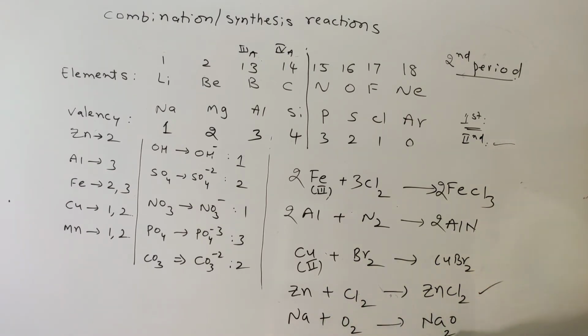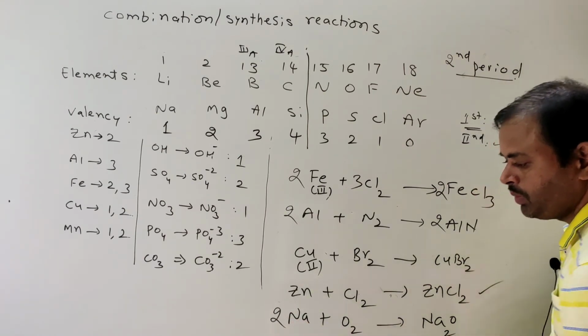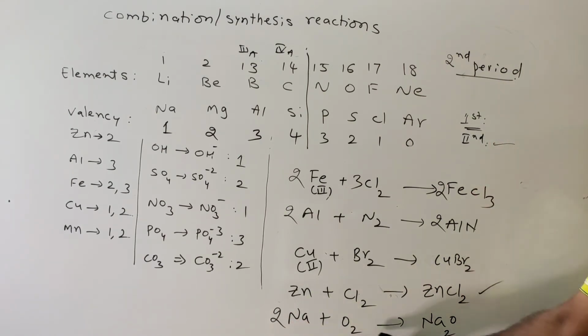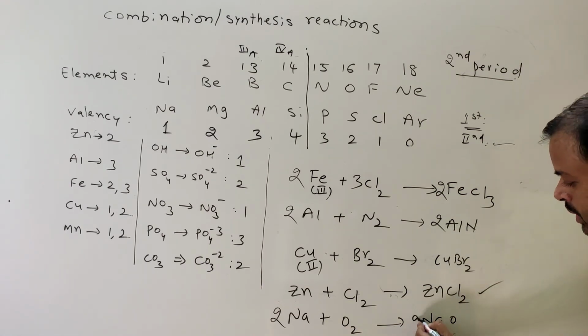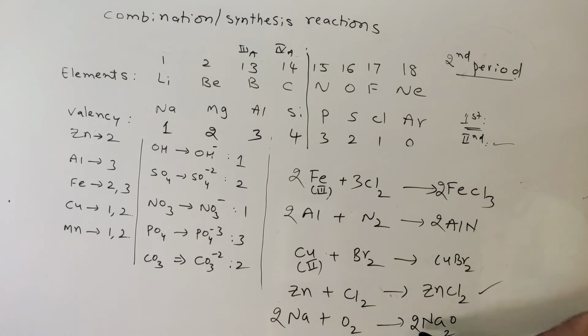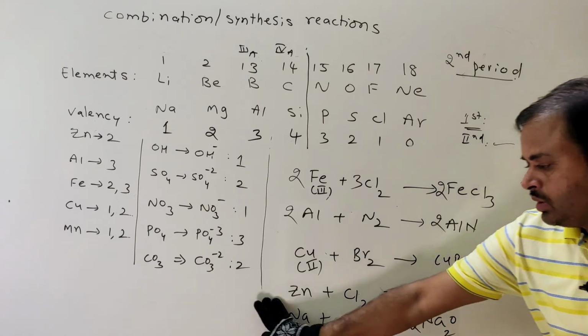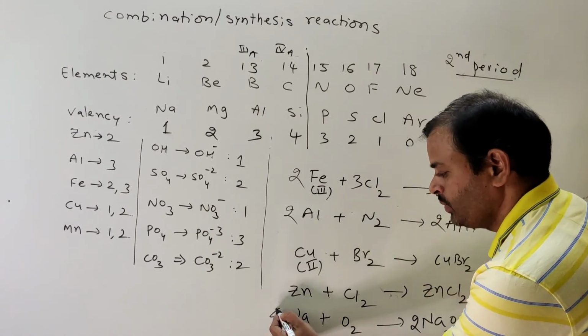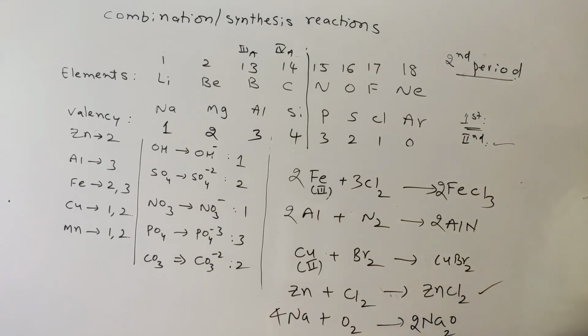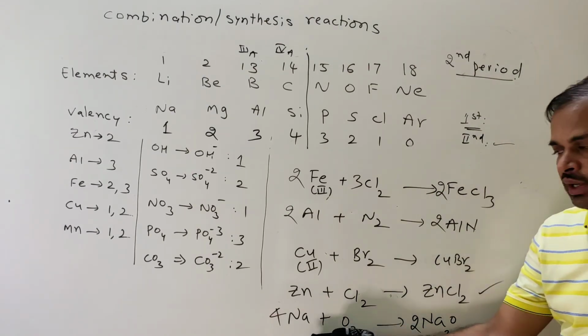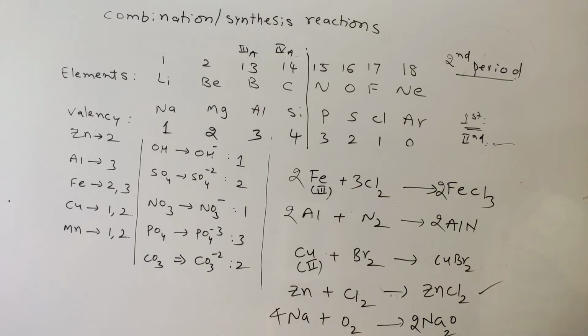Next Na2. 2 moles is there. That's why place Na and O2. Okay. So this is here O2. 2 oxygens are there, but here only 1 oxygen is there. So you should place 2 here. So 2 means 2 into 2, 4. So that's why it is 4Na. 4Na plus O2. So you should check the number of possibilities while balancing this equation.